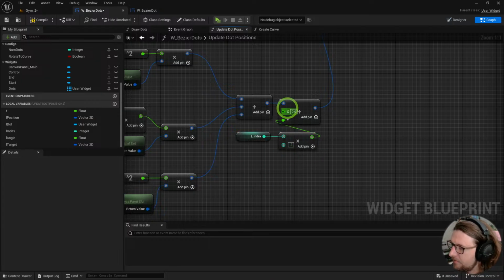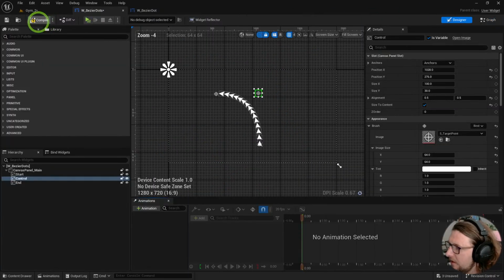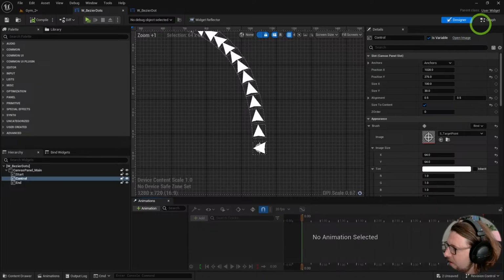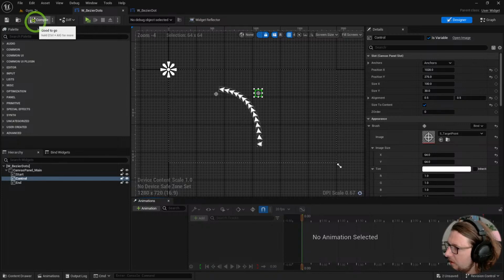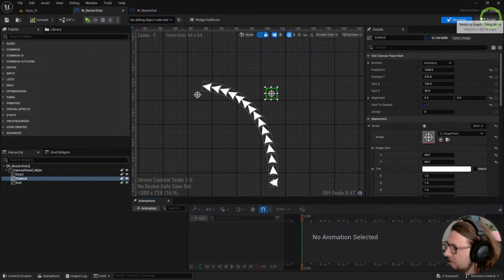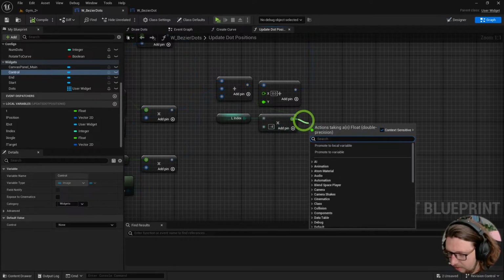I'm going to add them like this, so you actually get points that are all above each other. Apparently that's not enough, so we'll go 4. It does end up brushing them over here. So we could